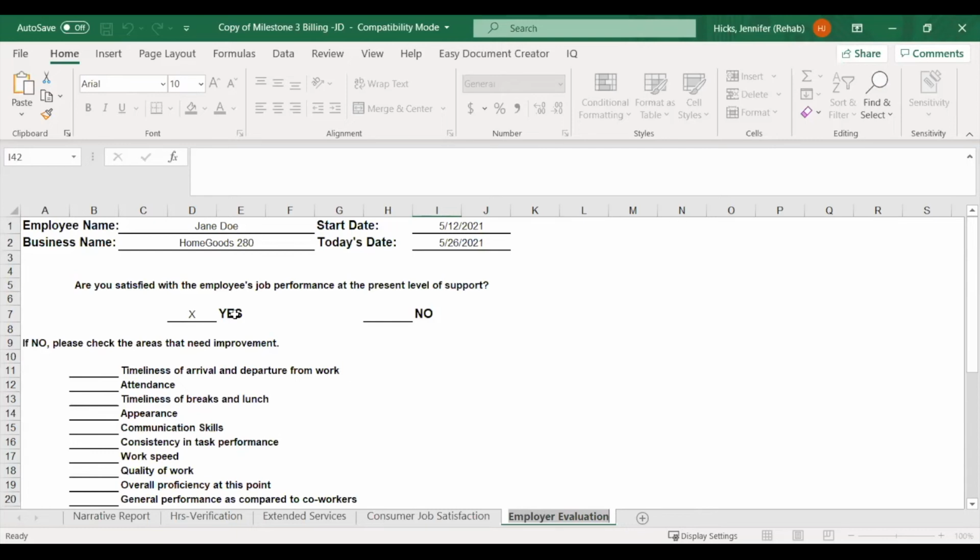I know that the way the form reads, it says, if no, please check the areas that need improvement, but sometimes we've had yes and no per se. So, and this is milestone 3. So you're not at completion. There's still time to work on things. So you're hoping for a yes from the employee, but you can also allow them to mark some things about